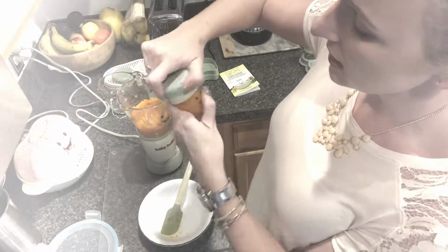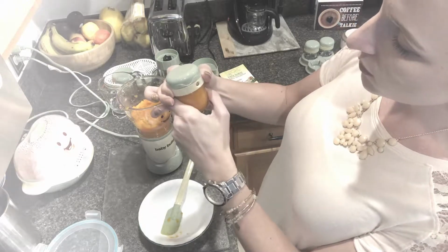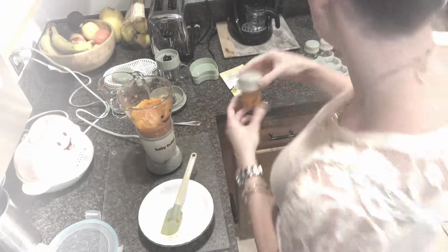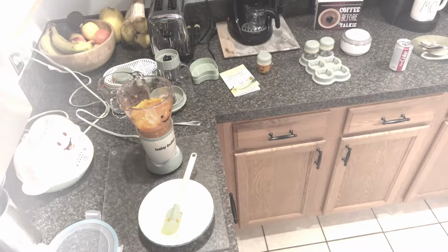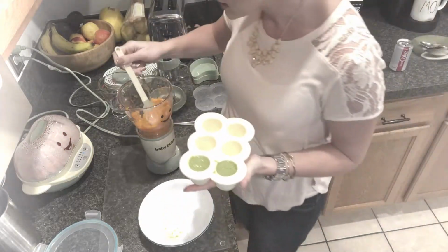So today is, what is it, the 26th? So we're gonna put it to the 26th. Voila. Okay. And I also want to freeze some of these. So I'm actually going to get my little freezer tray out. I already have some peas in here, but I'm gonna go ahead and pop this in the freezer today,